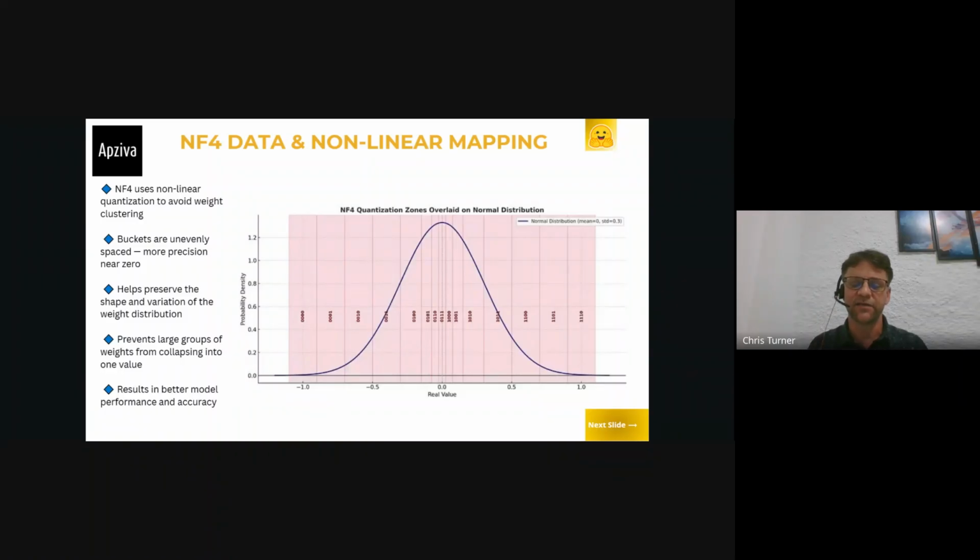Designing the value code map for the normal 4-bit float like this helps keep the relationships between all of the parameters, especially the ones really close to zero, intact, and it keeps the inherent intelligence of the model's parameters intact, even as they're being changed into this normal 4-bit structure from where we're downloading it.